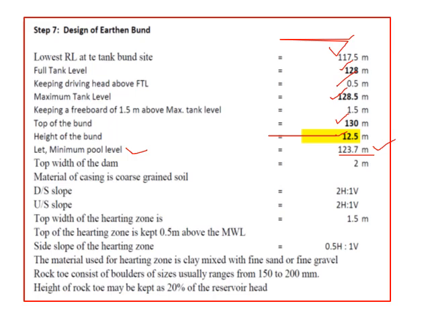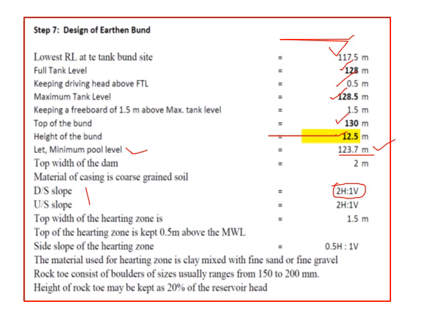So you have to fix the downstream slope, which is 2 horizontal to 1 vertical. Since we have assumed this slope, you can check the stability of the slope by the Swedish circle method or slip circle method, and see that the factor of safety will be safe. Similarly, you can provide